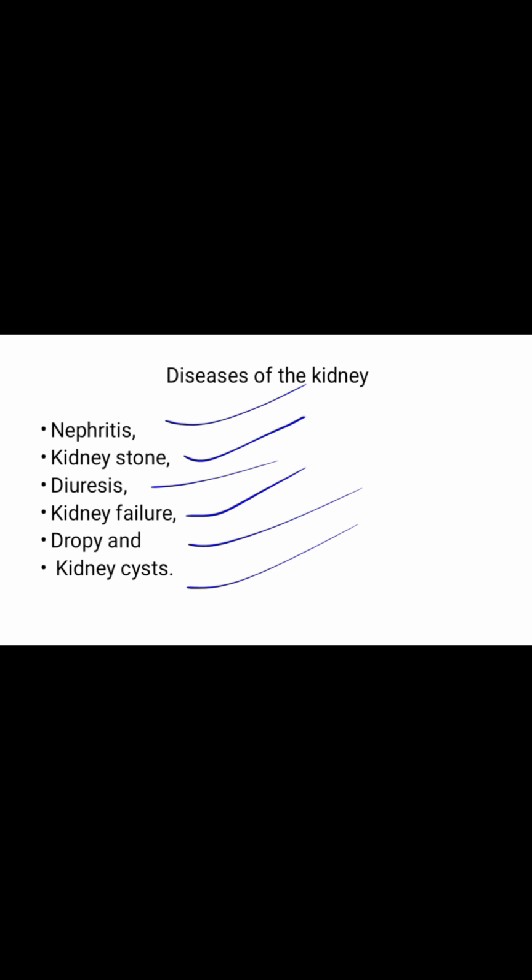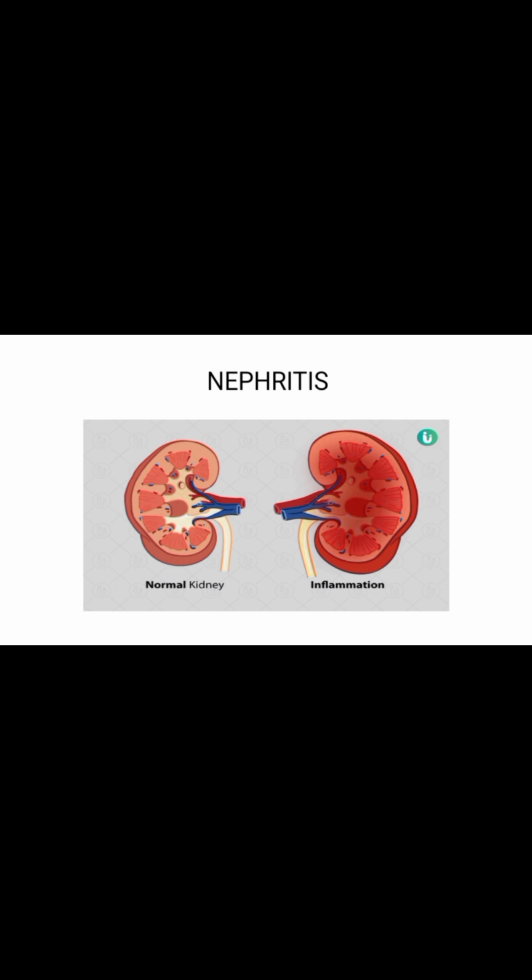So let's go through them one after the other. Nephritis is a disease of the kidney. What does it mean? Nephritis is a disease condition in which the kidney becomes inflamed, that means the kidney becomes swollen, as a result of bacterial infection. So when the kidney is inflamed, it's usually because the kidney is infected. As a result, the kidney will not be able to perform its function, like